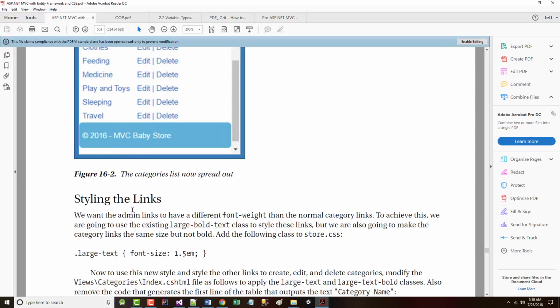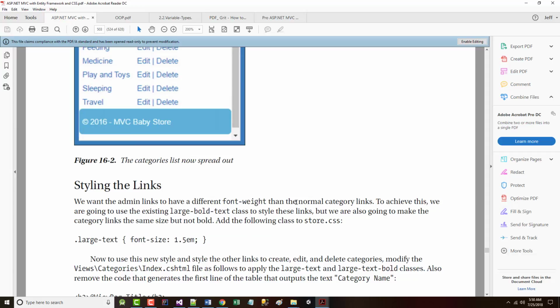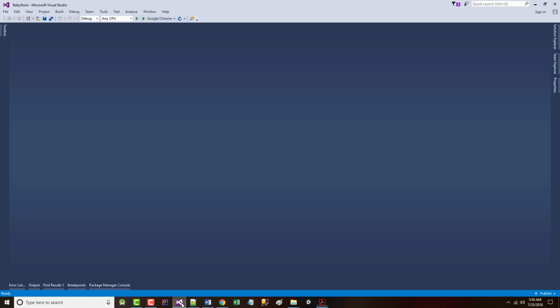We want the admin links to have a different font weight than the normal category links. To achieve this, we're going to use the existing large bold text class to style these links, but we're also going to make category links the same size but not bold. Add the following class to the store.css. Now I'm not going to be doing this. In fact, as mentioned, I've already got kind of the,